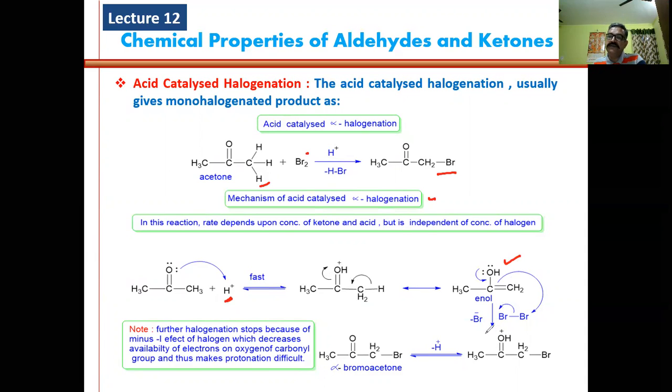But enols are less stable. You know it better, I have explained to you, because lone pair and pi electrons repel. Lone pairs are loosely held, and the pi bond is a weak bond and occupies more space, so there will be repulsions. So when it returns back to the oxo form, the keto form,